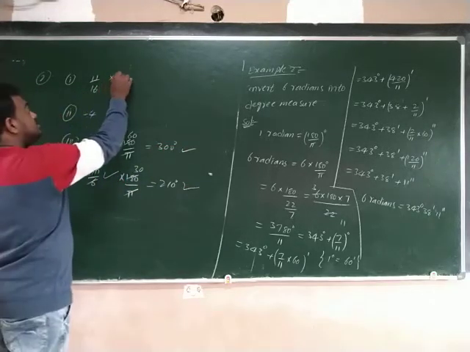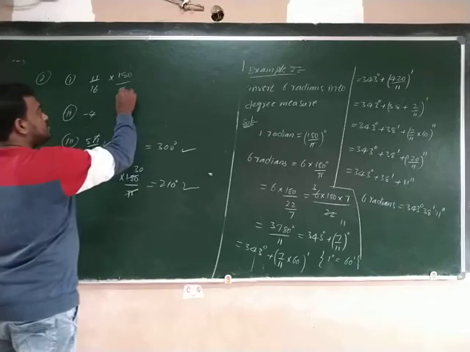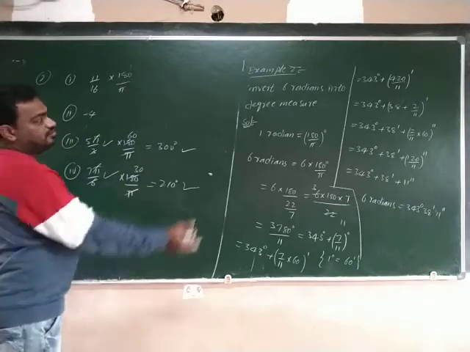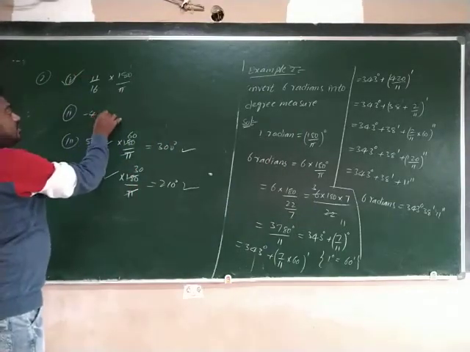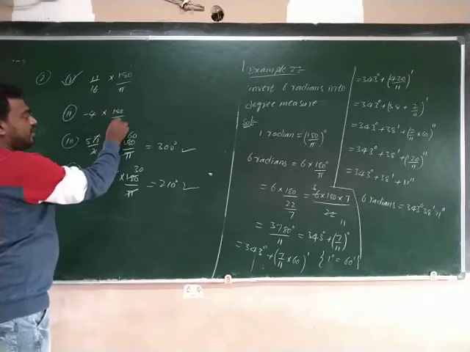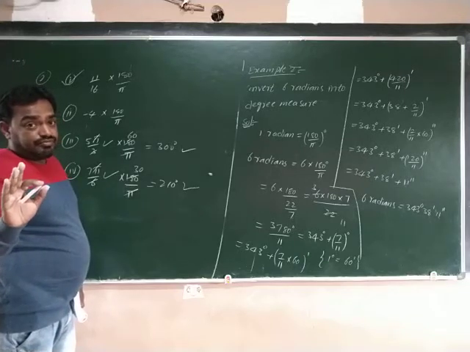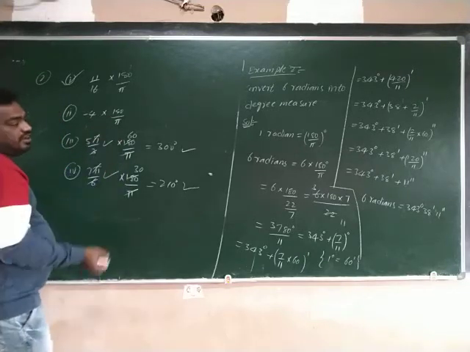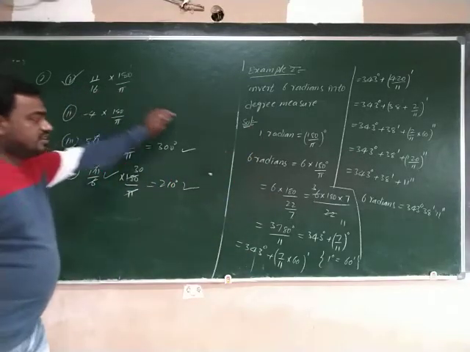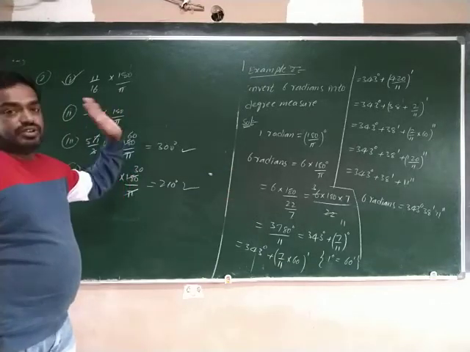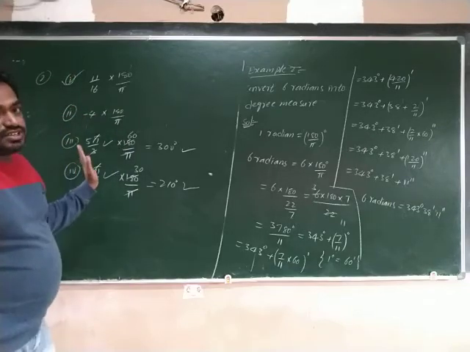For the others, you multiply by 180 by pi, and pi you write as 22 by 7. You don't take 3.14, take 22 by 7. After that, you simplify. Just follow this method and you will get the same answer. Here minus 4 is there, and here 6 is there. You get a negative answer, since the radians are negative. So you try these questions, first and second questions. Okay.